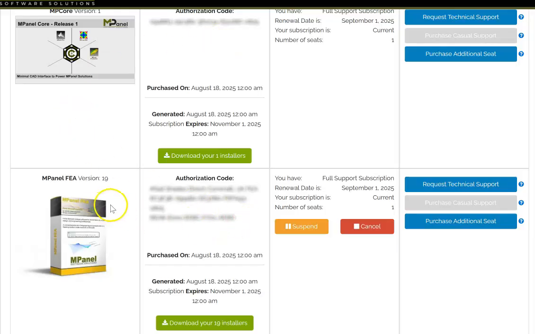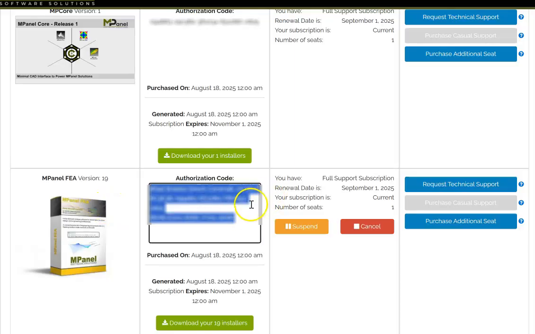In the case of the Pro products, there are actually 3 lines of code. So this one's wrapped around slightly. So there are 3 separate lines. Again, just clicking here and Control-C or right-click and copy. And then when we're installing the program, we paste that into the authorization window. Okay, next we'll